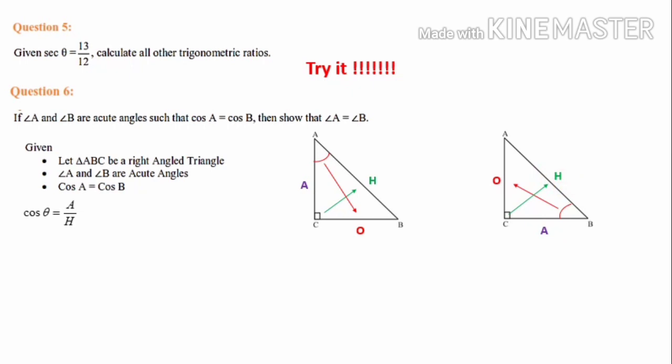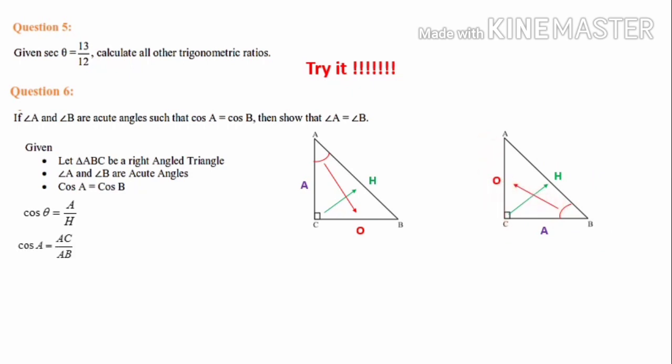When you look at the second diagram, the 90-degree opposite is the same for both the triangles, but O is changing. In the first diagram, A is the angle, cos A is the ratio. Based on A, the opposite side is BC. And in the second part, cos B: B is the angle, so I have to draw the diagram again. Based on B, I have to mark the opposite side. Based on B, the opposite side is AC. That is O I have marked. Please note, once again, in the first triangle A is the angle, so the opposite side is BC, and in the second triangle B is my angle, so the opposite side is AC.